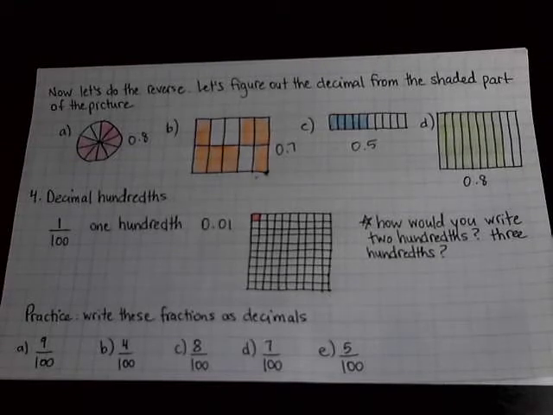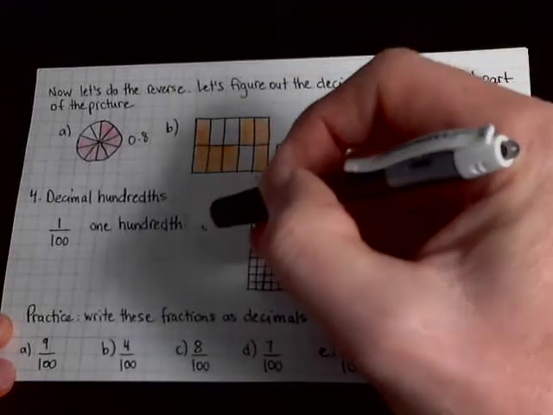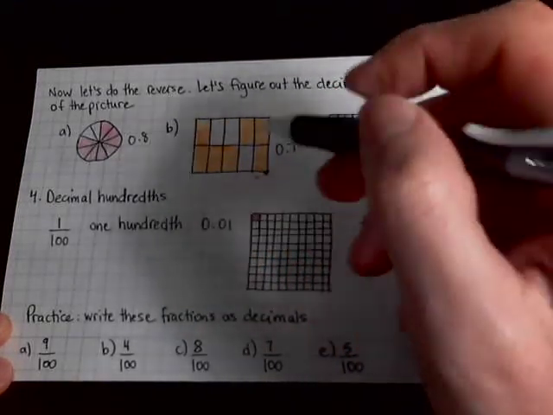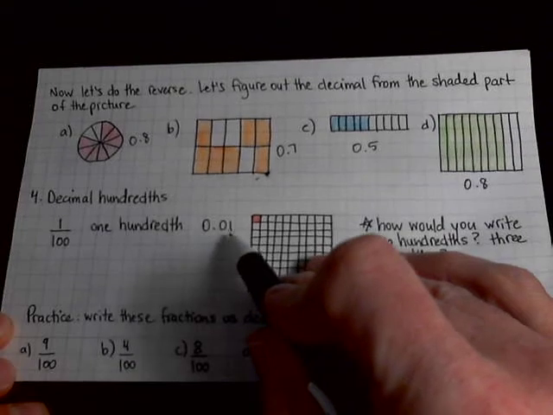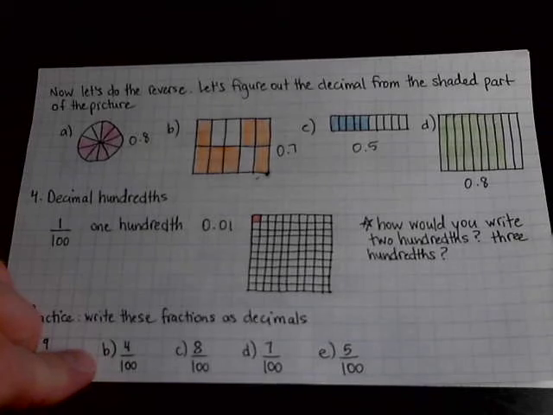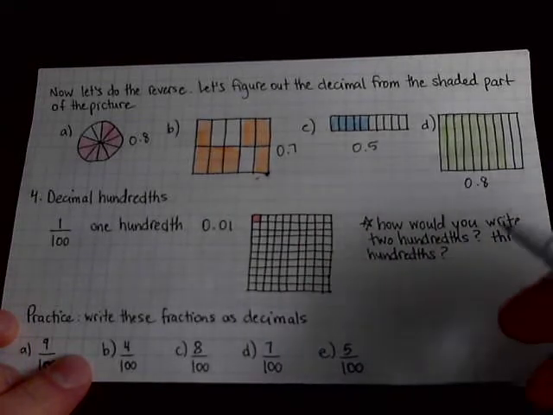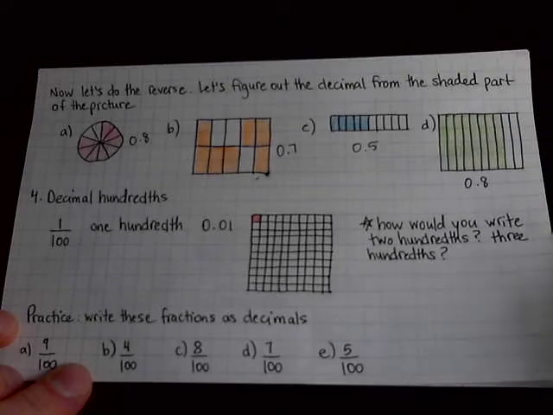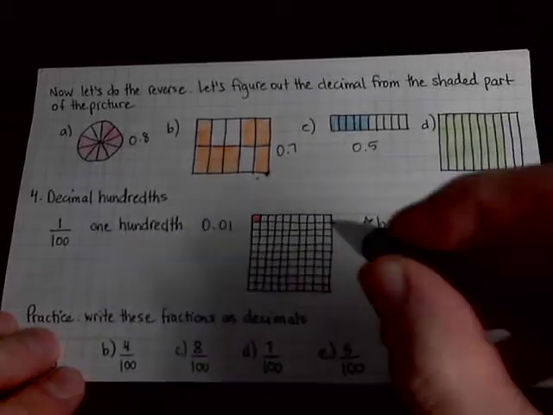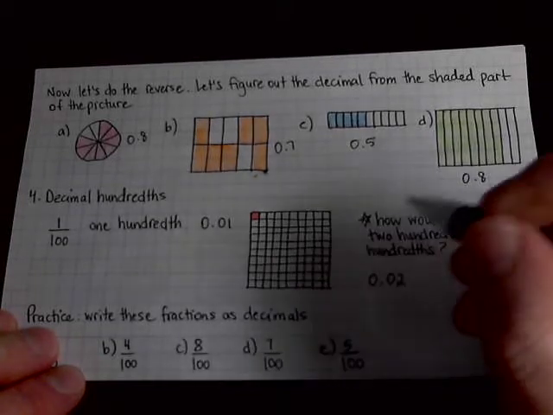So the next one that we're going to move on to is decimal hundredths. What we see here is this fraction, 1 over 100, that means 1/100th, which as a decimal would be 0.01. And then here we go, the big hundredth chart with 100 different little boxes, and I've only colored in one of them. So that also represents 1/100th. Now, how would we write 2/100ths? We would do it very similarly, 0.02. Or 3/100ths, we would write